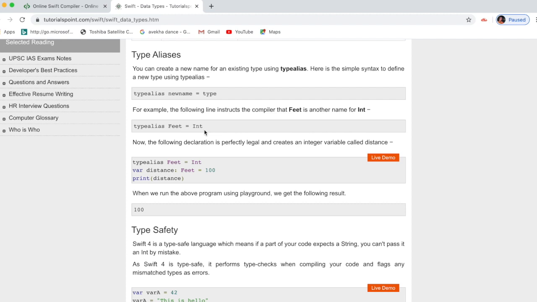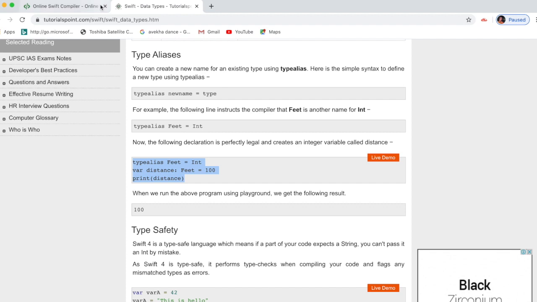So here is one example that shows getting a distance. For that we give a typealias equal to Int. After that, var distance: Feet equal to 100. What happens, this means it is Int. Then print, just go through this.